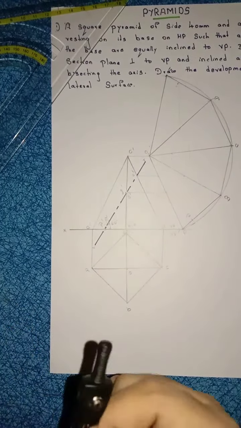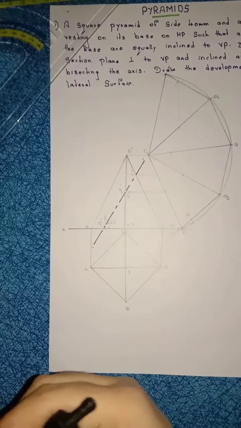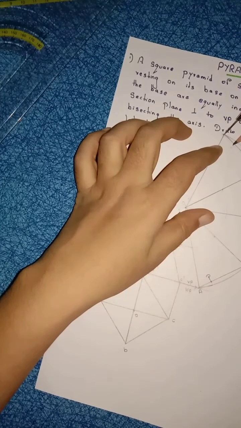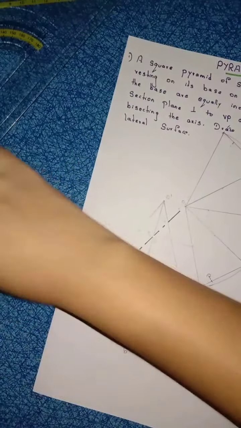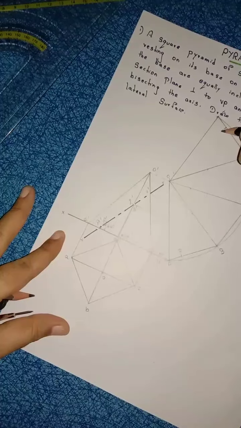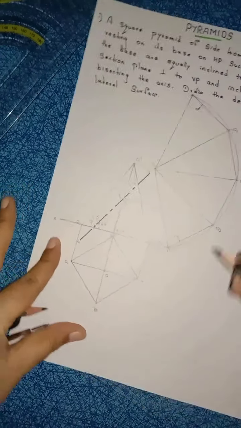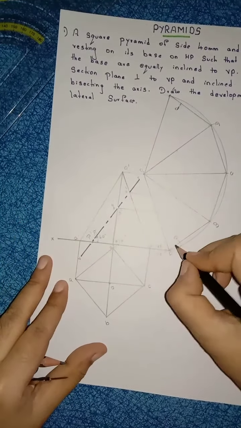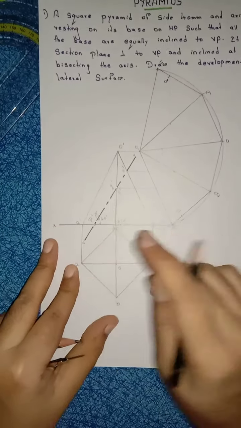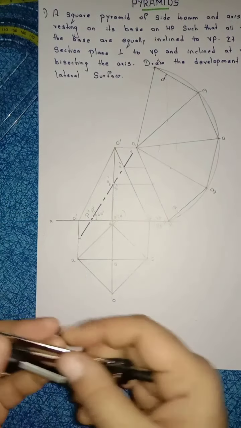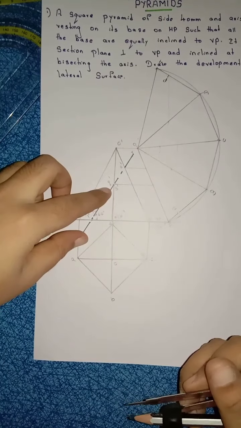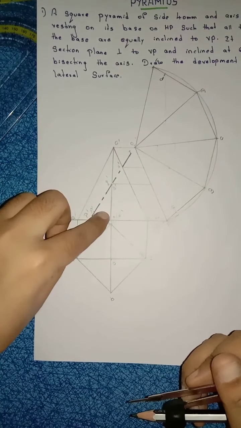Right? Then next what I have to do? Here also A point is there, no? Again from A point, mark the point here. Name this point as here P. Right? So I have marked P point here and here. The next point is Q. How to mark Q point? Q is in between O and B.